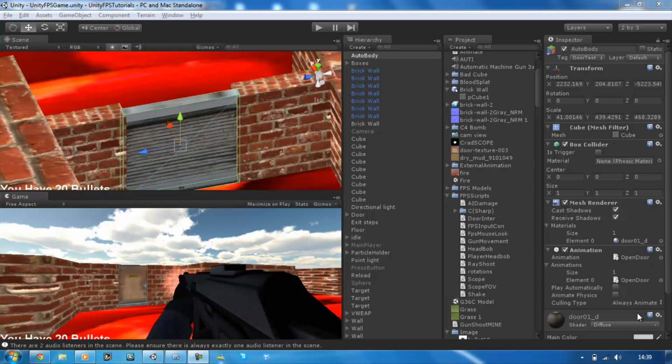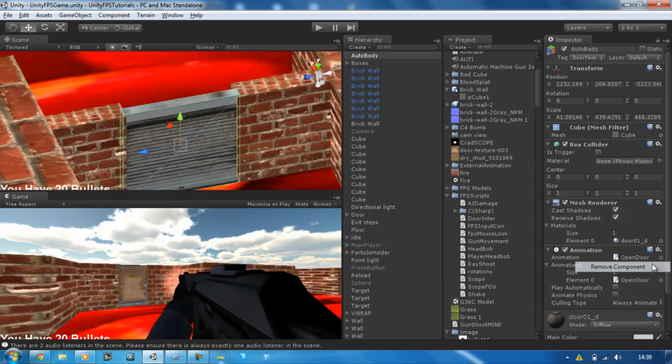In the last tutorial I showed you guys how to open a door, rotating it around its y-axis. And in today's tutorial I'm going to be showing you how to open a door using a RayCast and animation. Now I've just created this simple cube and applied a simple garage door texture to it, and I renamed it to auto body, and I've done the animation for this, so I'm going to delete this and show you how